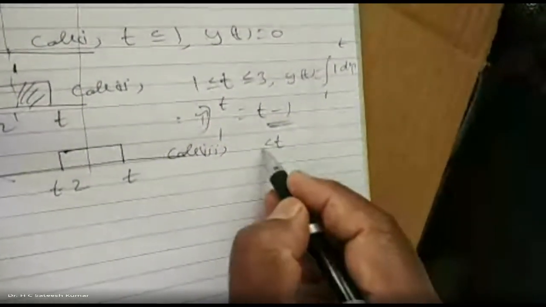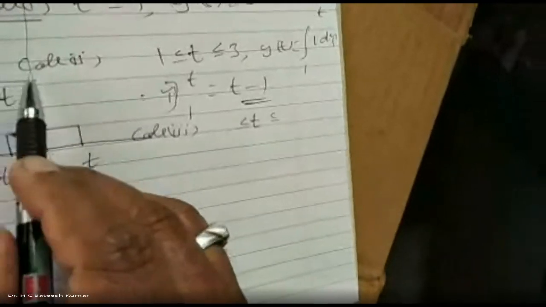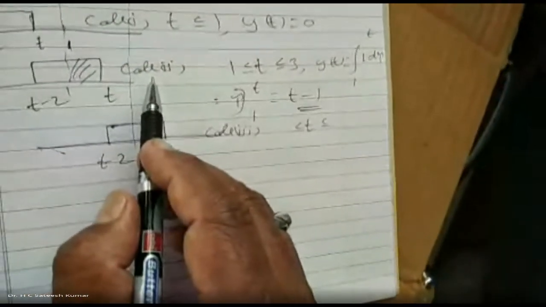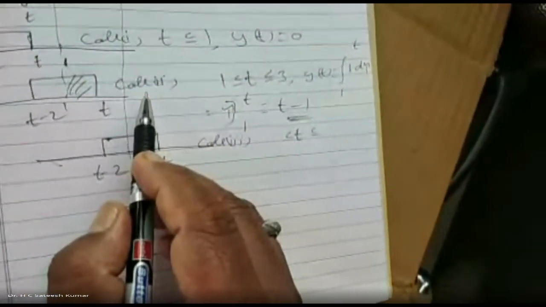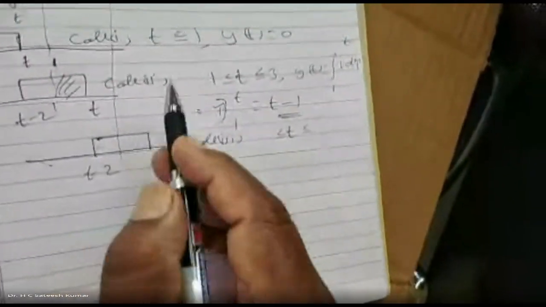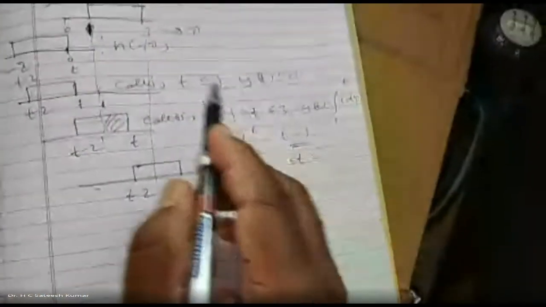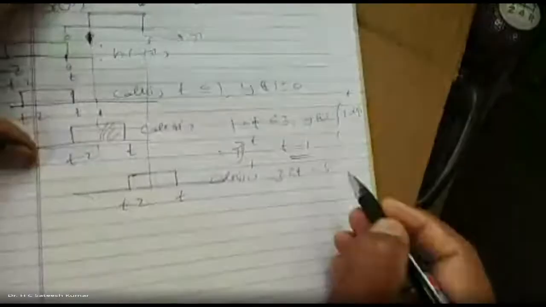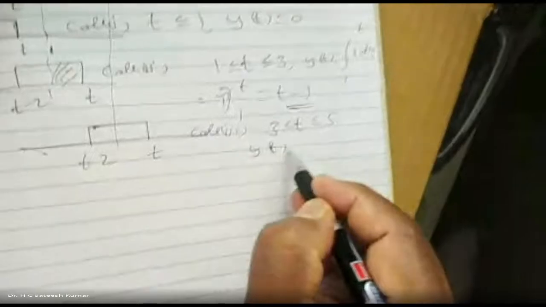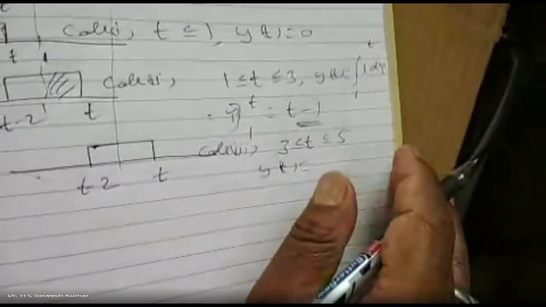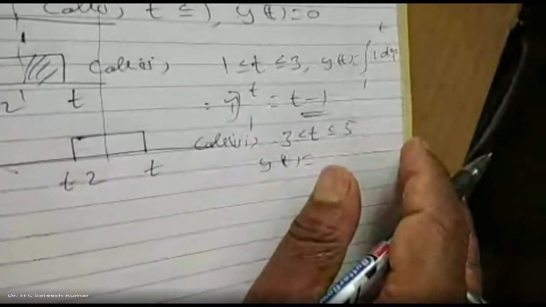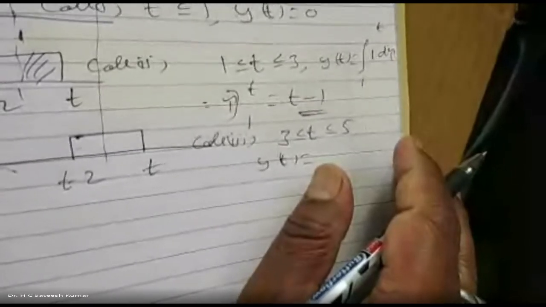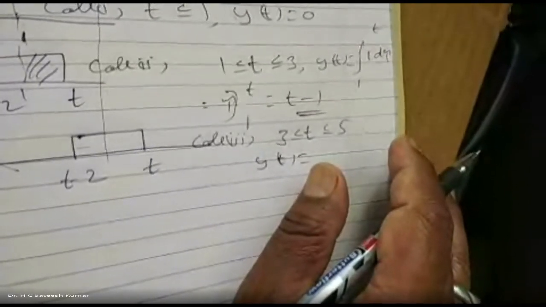t lies between... for the second signal to come out of the range of the first signal, it has to move by 2 units because the width of the second is 2 units. We have already moved up to 3, so from there it will have to move by 2 more units. Therefore t lies between 3 to 5. Why should we move 3 to 5 only? Because we have already moved up to 3 units, and the width of the second signal is 2 units.